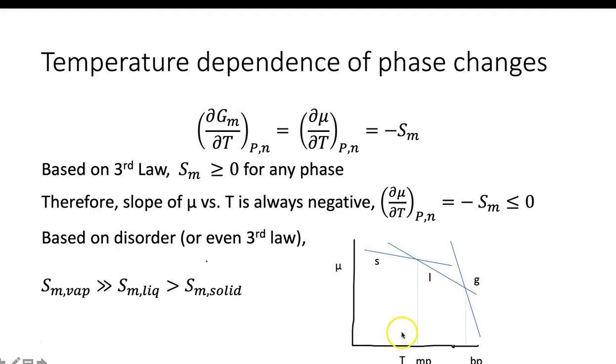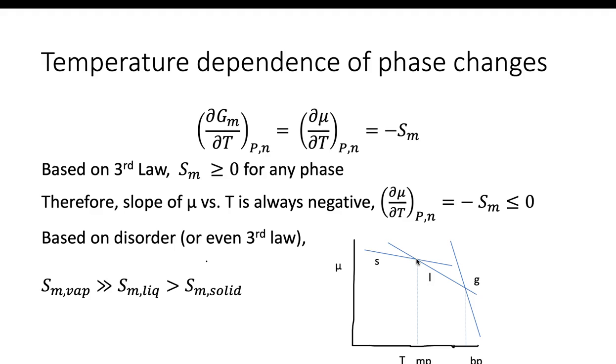Now if we wanted to read this plot, we have temperature. So let's start at a low temperature. We're always in the phase that has the lowest chemical potential. So if we extrapolate these two out, they're much higher than the solid. So at low temperature, the solid has the lowest chemical potential. We start increasing, we go up, still the lowest, till we get to this point where it crosses with the